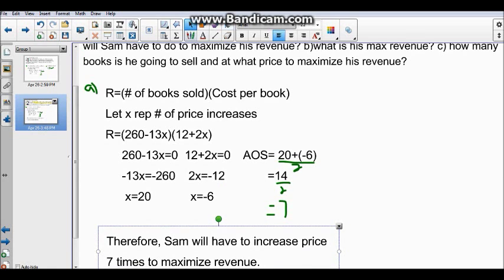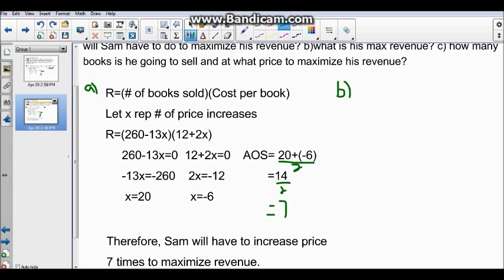So question B is asking what is the max revenue. So all we have to do is sub our axis of symmetry into our original revenue equation, which will give us our maximum revenue, as 7 price increases will provide the max revenue for Sam. So revenue equals